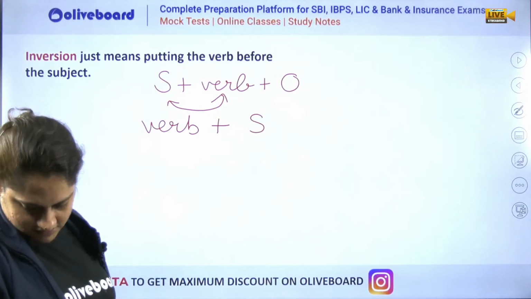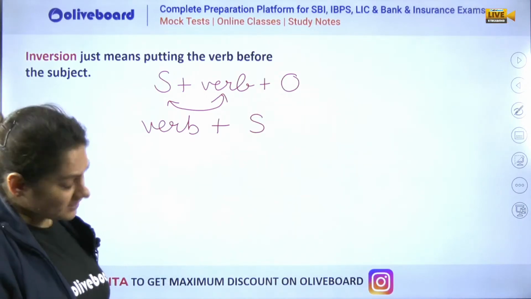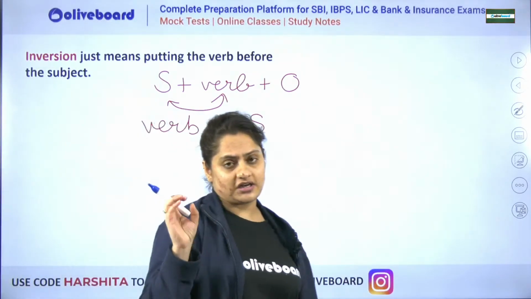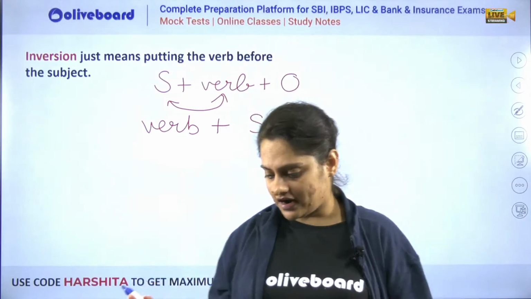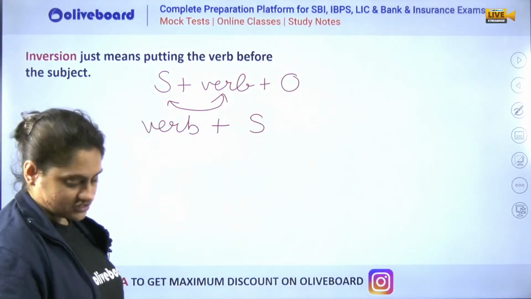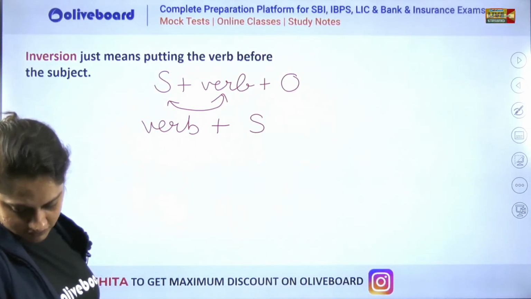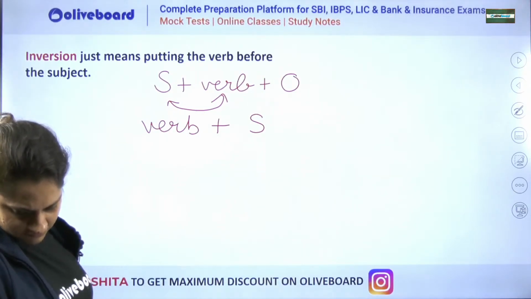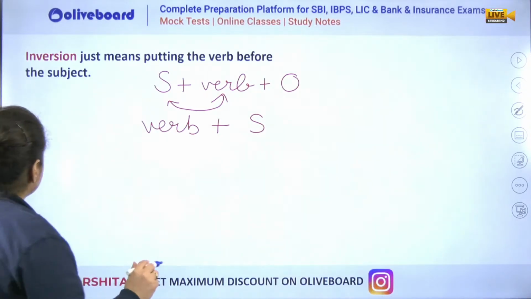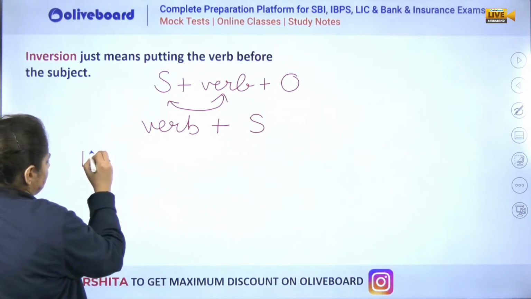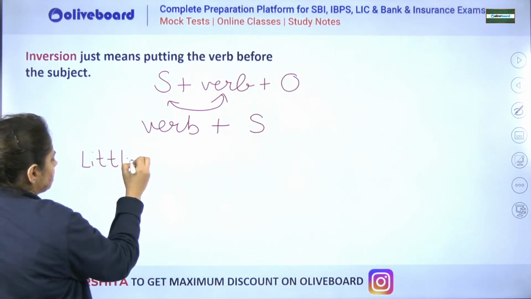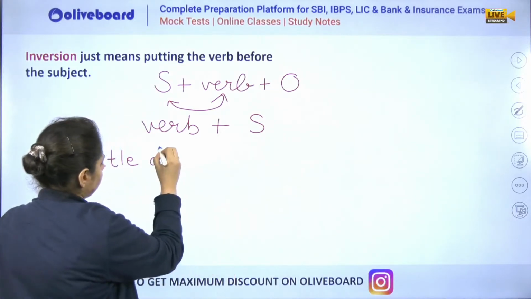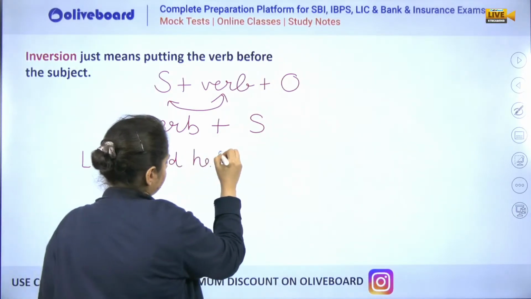How does it work? Let's see how this works. Any negative word you start your sentence with, any negative adverb, usually there is a list, I will give you that list. Negative adverb से अगर आप word start करोगे तो we follow this rule. If you know the words you have to start listing down the words, any negative thing, okay. For example, I take little. Little is a negative adverb because the meaning is negative, zero, close to nothing. So little did he know